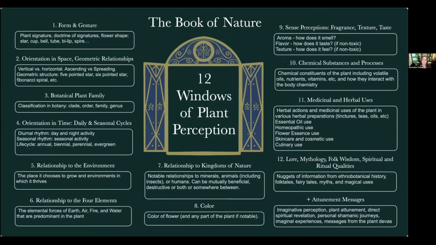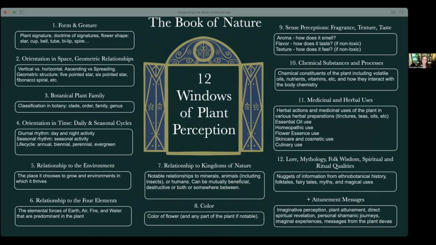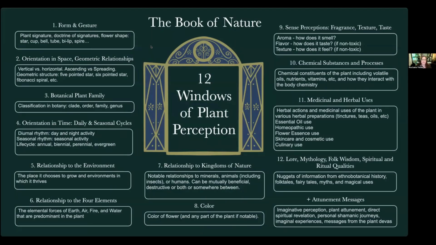In these windows with the plant, this summarizes all 12 of them. If you haven't gotten through the self-study, you'll see that. And you don't have to read all of this. I'll be putting this presentation in the course and creating some cheat sheet documents for you. But just to run through it real quickly, we've talked a lot about the form and gesture and the plant